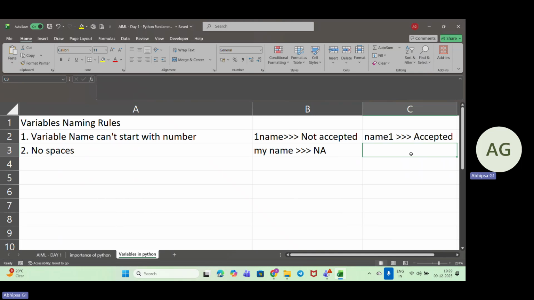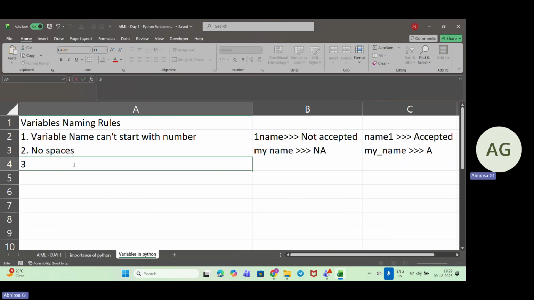Okay. And if I am giving the variable name as my_name with an underscore, then in that case it is accepted. Okay. The third rule is that only letters, numbers, and underscore are allowed. Nothing else would be allowed.